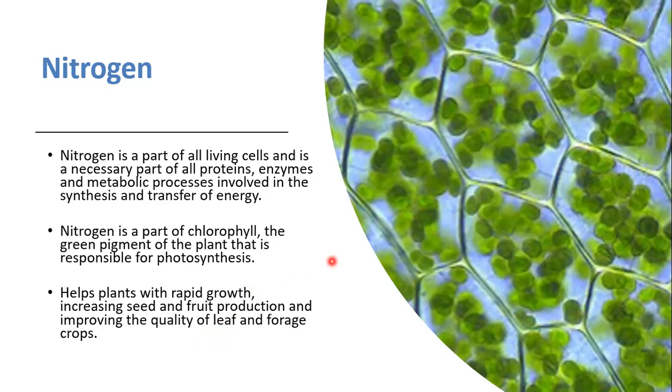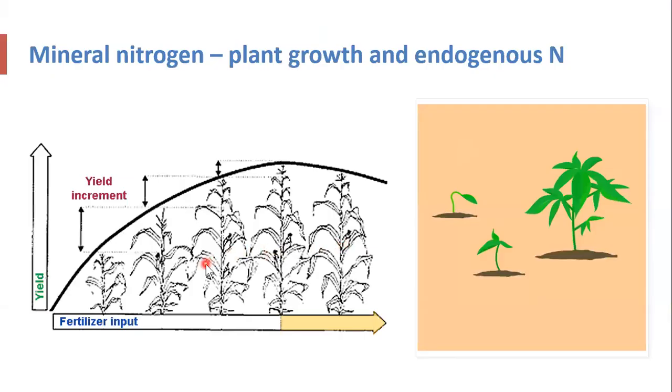Because it is a part of the proteins, if we have a fodder, it will have a direct impact on the fodder quality. And of course, if we are using that fodder for animals, that will improve the animal nutrition. So generally, as a fertilizer, if we use it in the soil, it has a very clear and obvious impact on the growth, especially the vegetative growth of the plants.